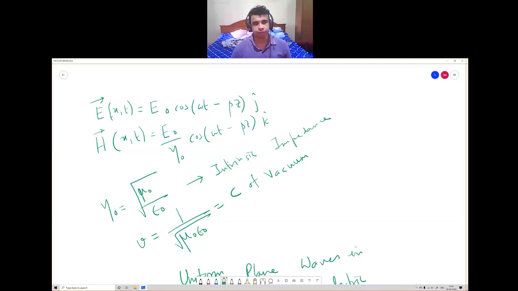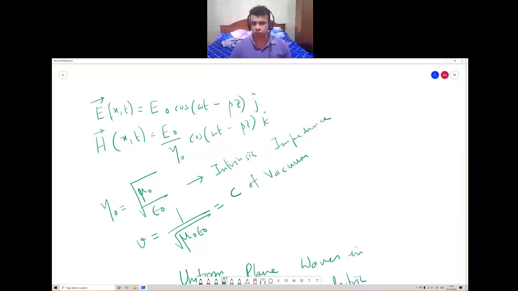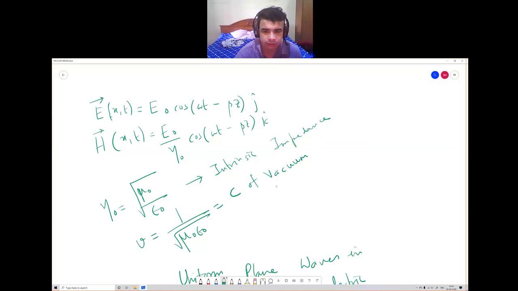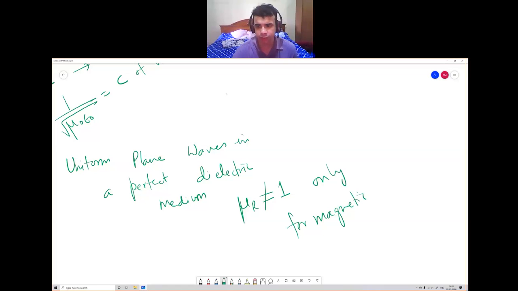So there will be a relative permittivity or relative permeability term. Relative permittivity will be there, that is right, but the relative permeability term will not be there, because just keep this in mind, mu r is not equal to 1 only for magnetic materials, like some iron alloys. For everything else, mu r is 1. So for any dielectric, you can take mu r equal to 1. So for a perfect dielectric, what he rightly said,